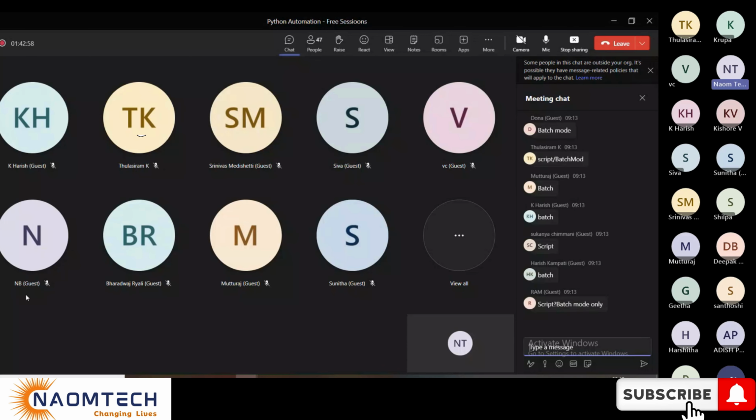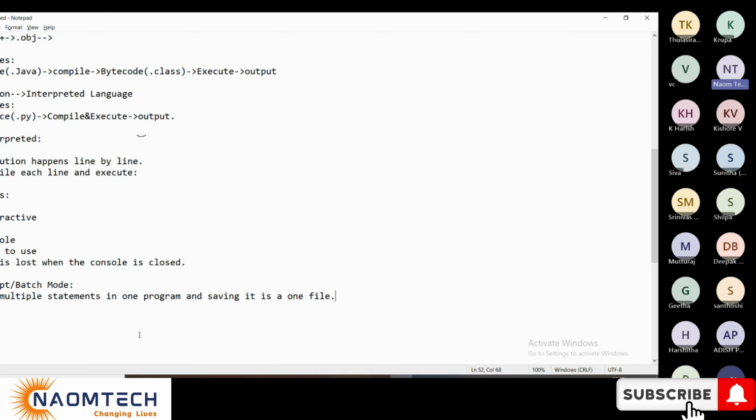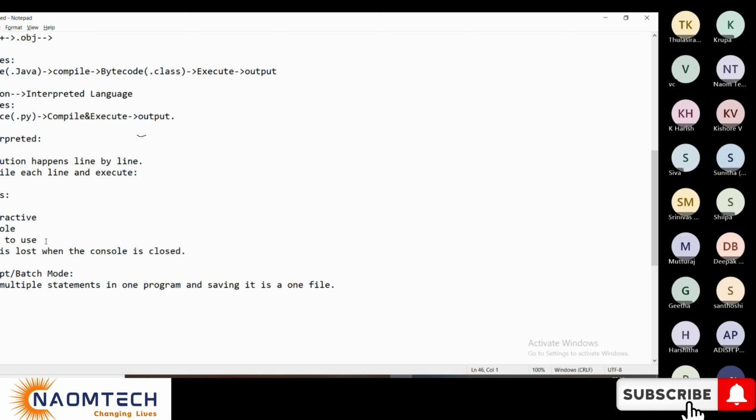Which one do you think we use in a real environment? Batch mode. Correct. So we prefer batch mode in a real time environment, not interactive or console mode. Understood, team?